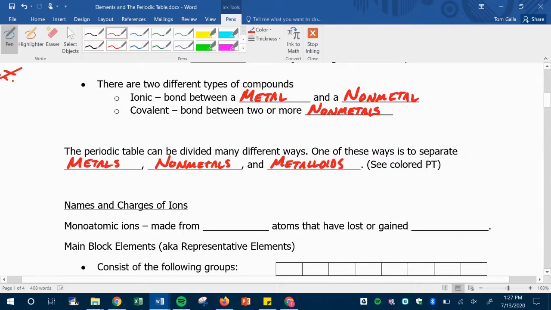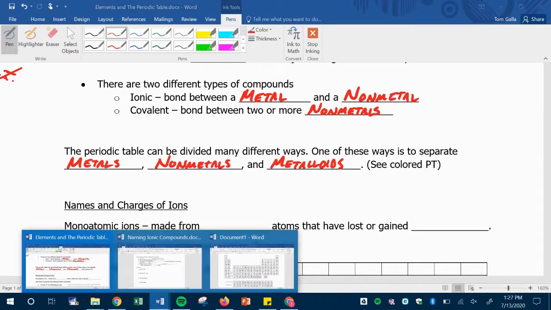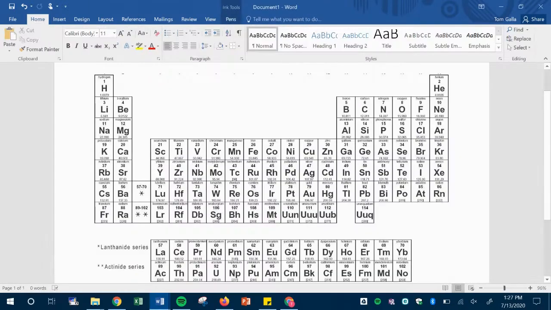And this is where it says color the periodic table. And so this is where we're actually going to take a minute. On the periodic table that you guys printed off, we're actually going to take a second and color it, or at least highlight certain parts of it. And so if we're going to highlight certain parts of it, let's start off with our metals. Now, the metals that we're going to highlight